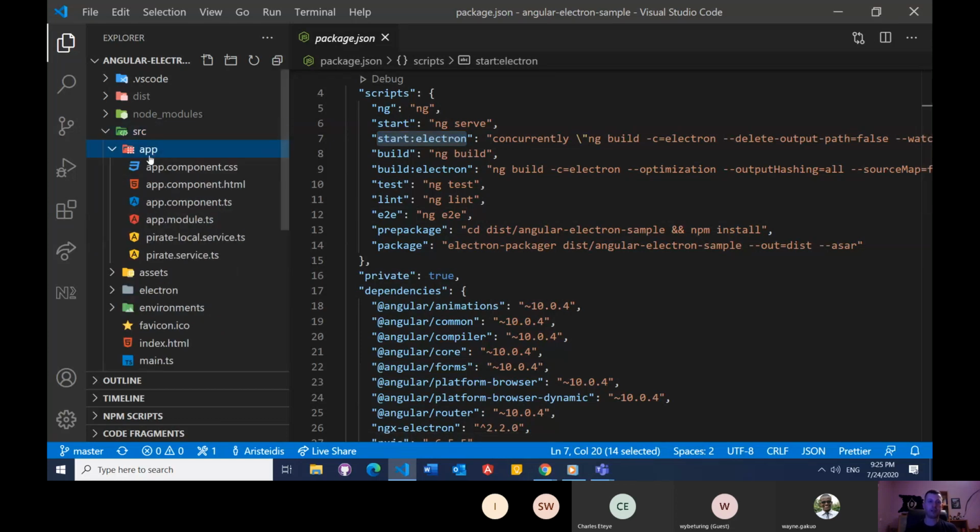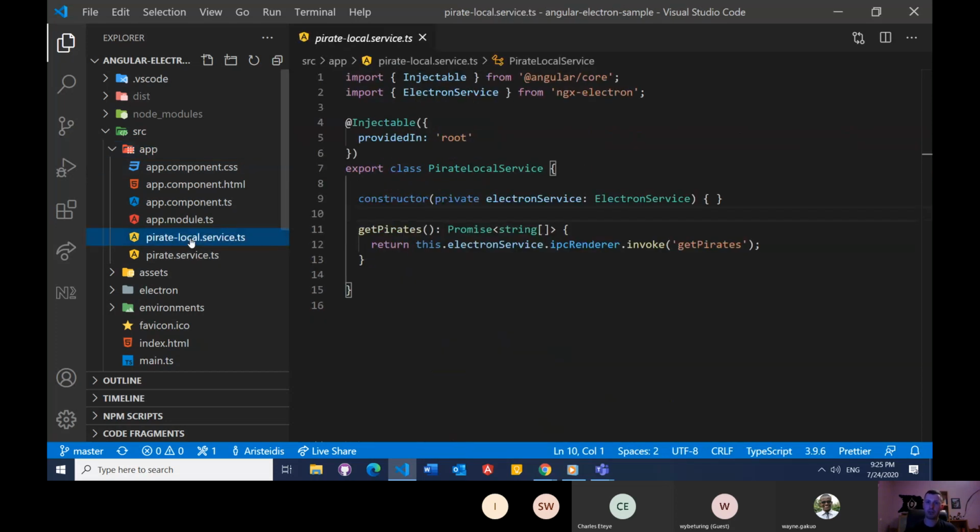In the source app folder, which is the Angular application, we have created an Angular service called Pirate Local Service. This service has the same signature as our Pirate service that we saw earlier with the HTTP client. The main difference is that it does not inject HTTP client, but it injects a service called Electron service, which